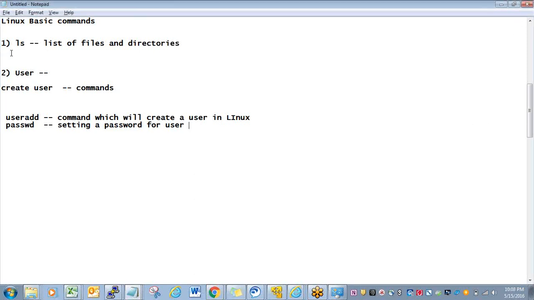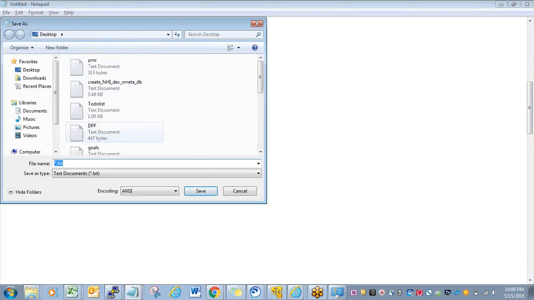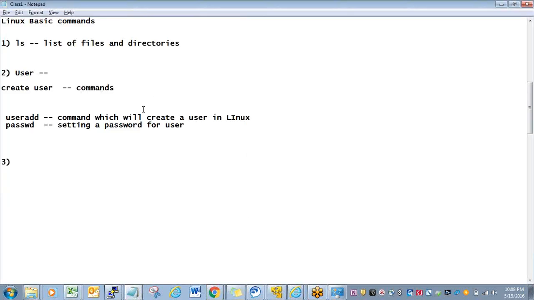Okay, now we have seen how to list the files and how to create a user basically. So I'll save this and I'll send you after this class. So make a note of some of the commands. If you're missing something also, I'll send you this after the class, so don't worry about it. So the next command is, okay,